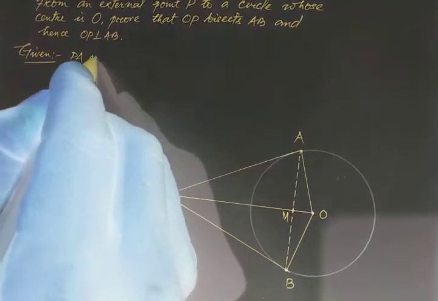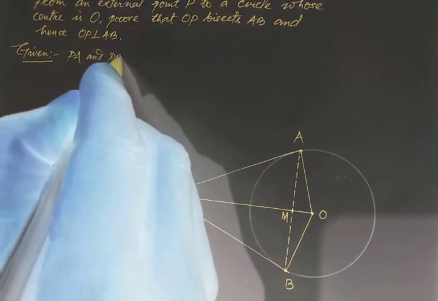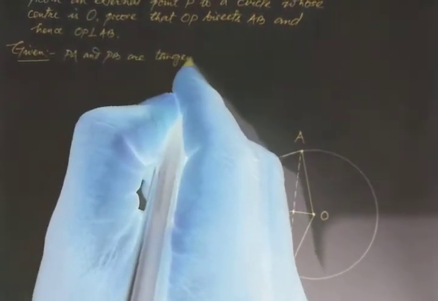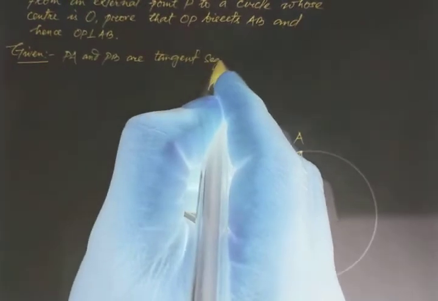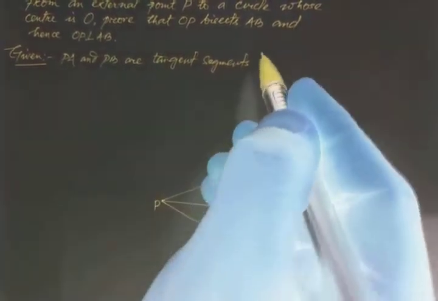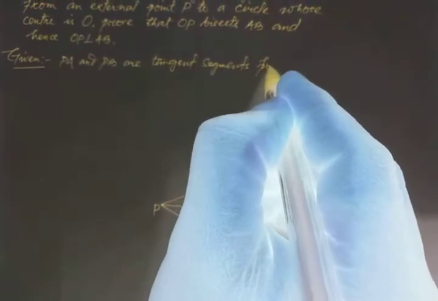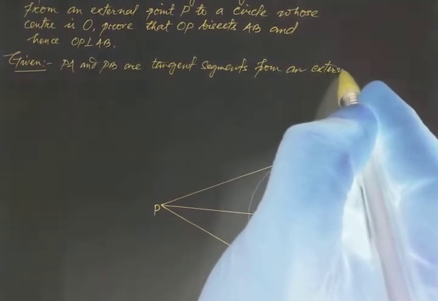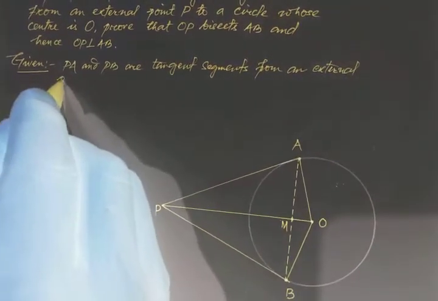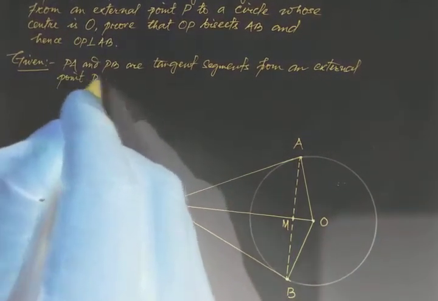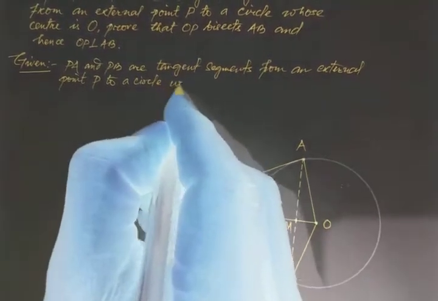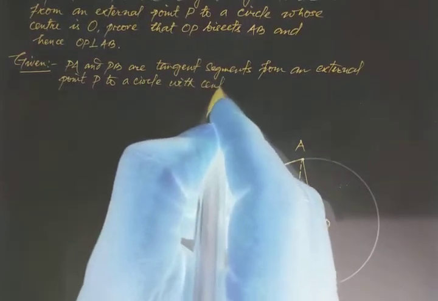PA and PB are tangent segments from an external point P to a circle with center O. To prove,